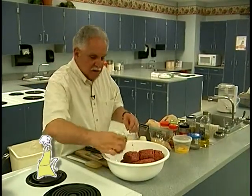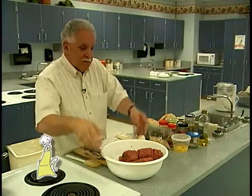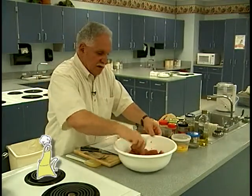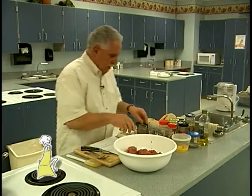What I did, you can see here, is I kind of portioned it out a little bit, and I did that just so I would know how many we were going to make for tonight. So we have all that in there, and basically what we're going to do is throw everything in the bowl. Okay, I'm going to take